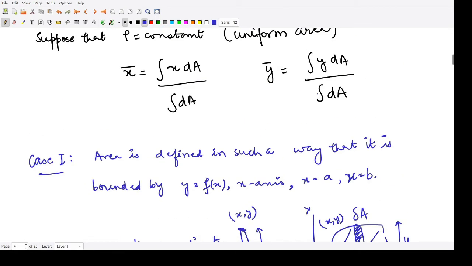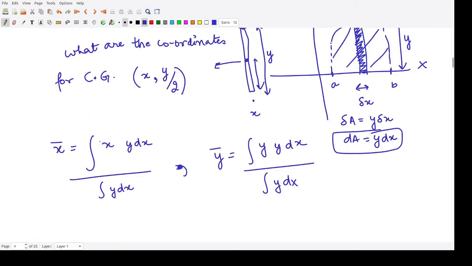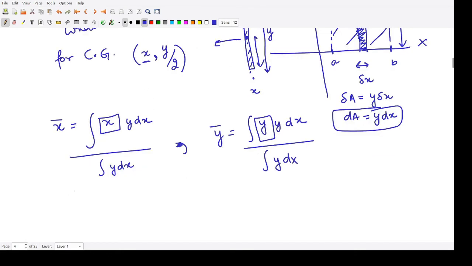What is dA? According to this formula, what is dA? dA is this quantity: y dx divided by integration of y dx. And what is this coordinate? X. And what is this coordinate? Y. Whenever we have the center of mass for this particular strip, the coordinate of x would be x only. So it would be